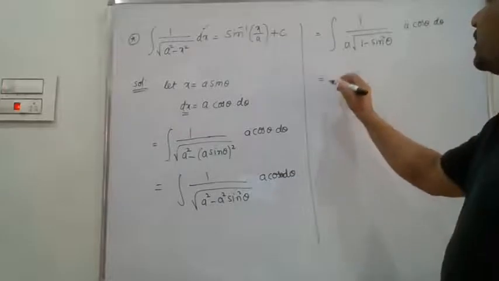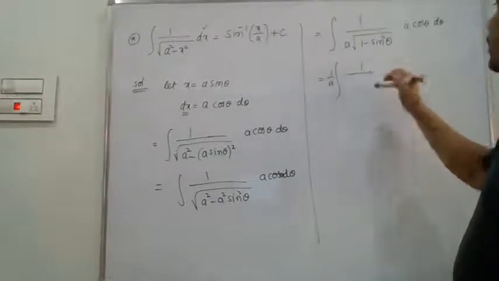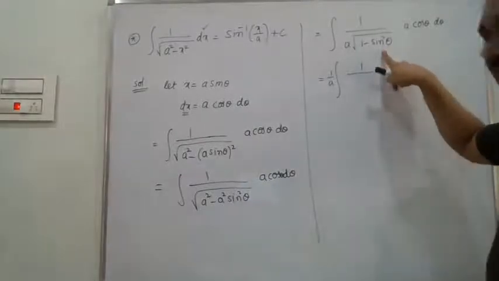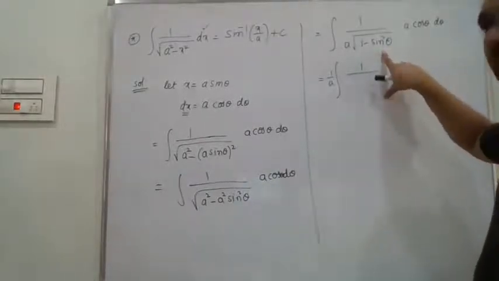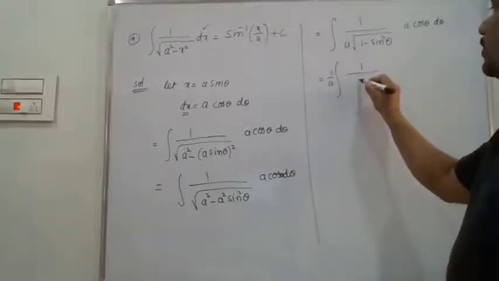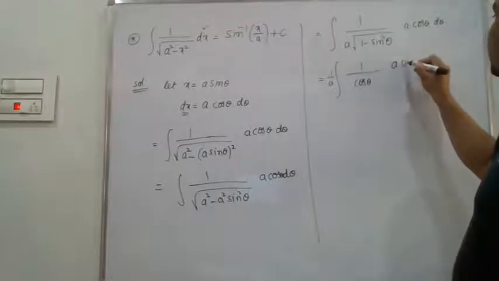Integration of 1 by a outside, 1 by square root of 1 minus sin square theta. 1 minus sin square theta is cos square theta. Square root of cos square theta is actually modulus cos theta, but I am taking here only the plus cos theta. So 1 by cos theta into a cos theta